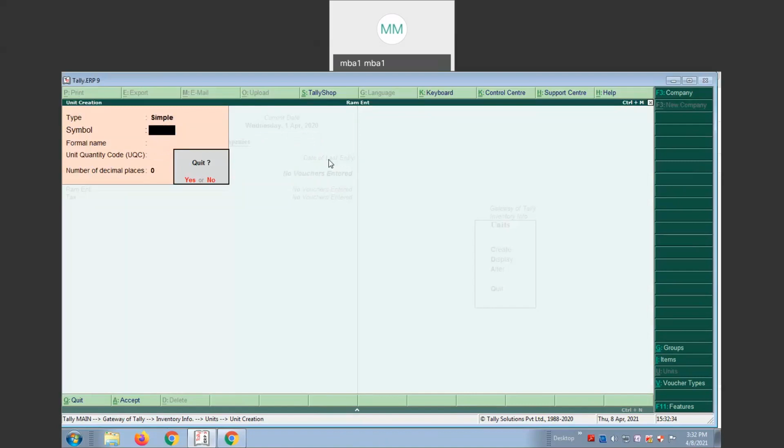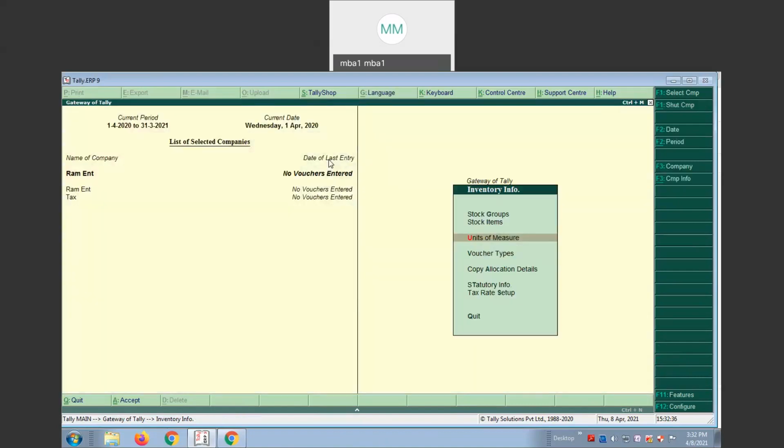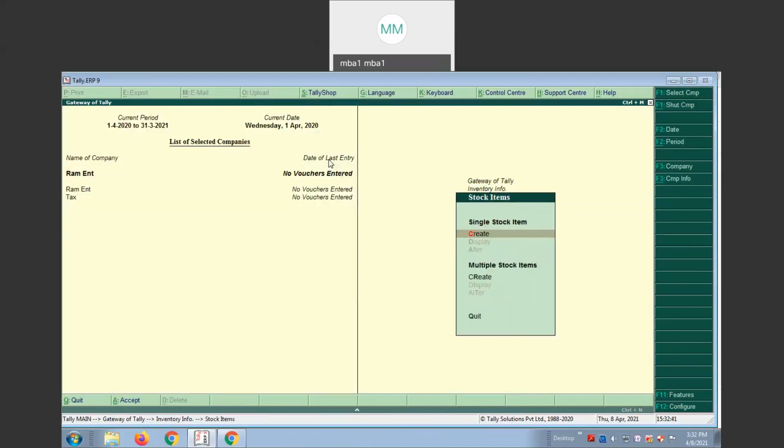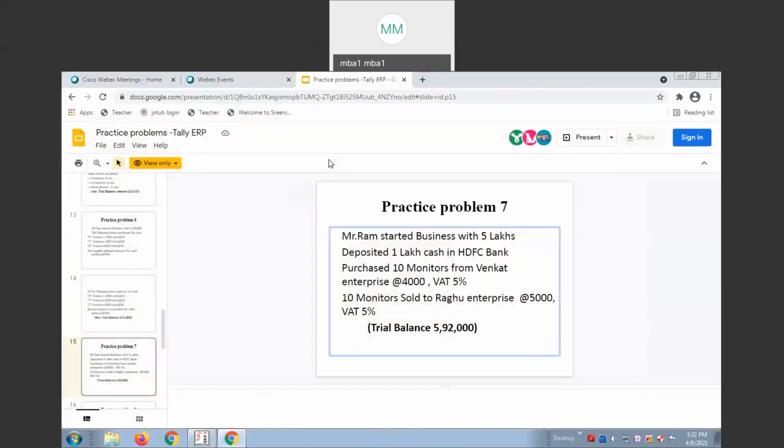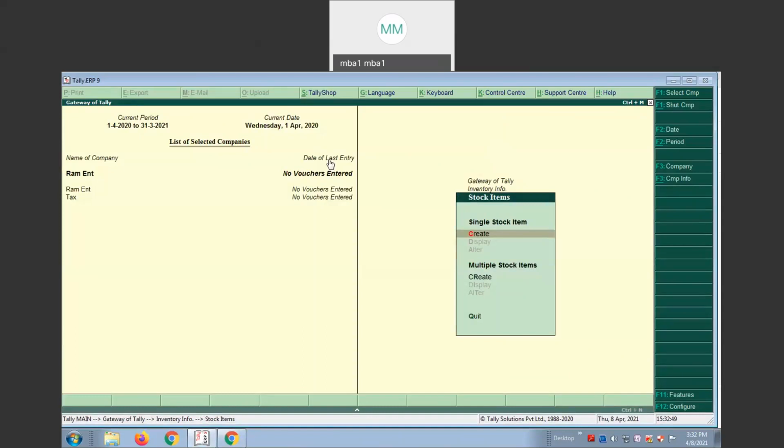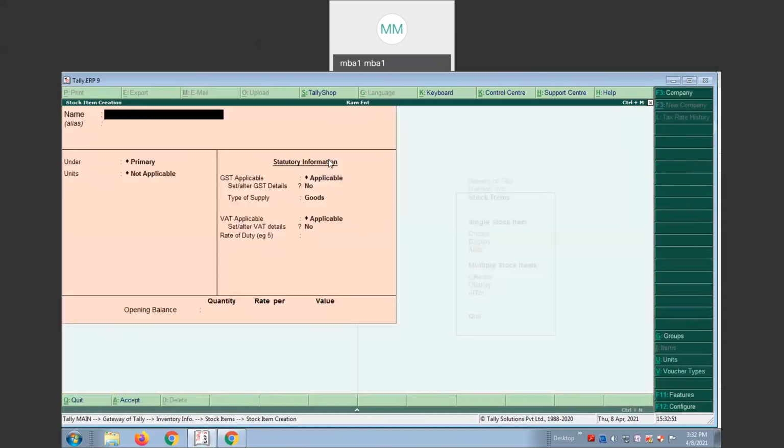This data is saved. After creating the units of measure, go to stock item. How many stock items are available? We have only one stock item here, monitors. Only one product is available. Yes, monitors. Stock item name is monitors.